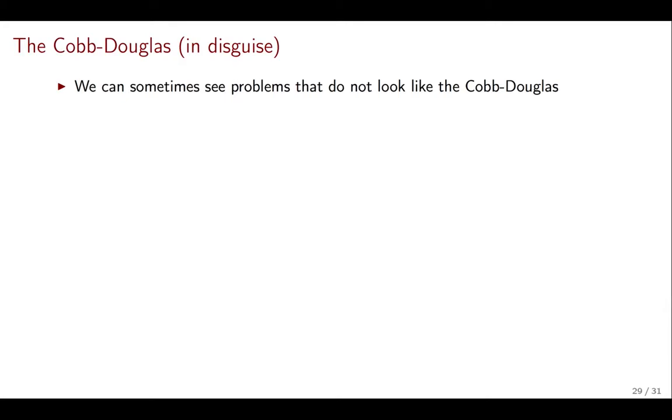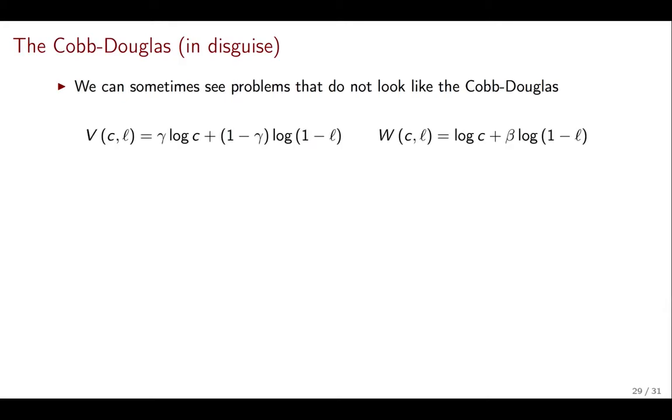but they actually are just Cobb-Douglas in disguise. Here are two alternative utility functions. The first one just has gamma log of c plus 1 minus gamma log of 1 minus L. The second one has no gamma. Instead, it has log of c, and then it just has beta times log of 1 minus L. Turns out the solution to the problem